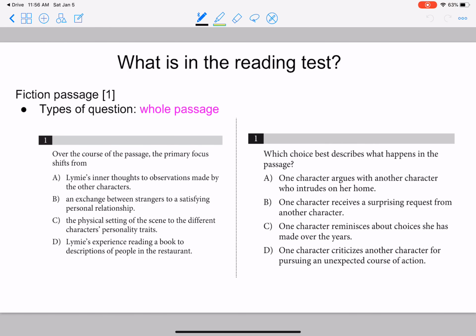Okay, so I'm gonna now tell you one of the ways that I'm gonna try to teach you how to approach the reading section, and one of the ways that I think is gonna make it the easiest is a couple techniques and strategies that I developed. But first, before I introduce you to those techniques, you need to understand the types of questions that there are on the reading test, because the techniques are based on these types of questions,